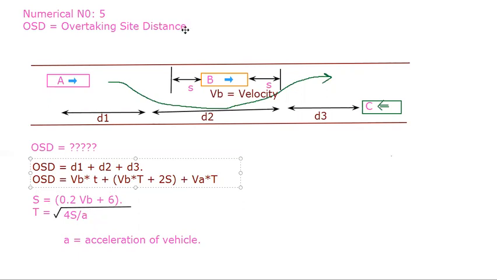Now, why have we taken VB here? Because initially, the velocity of vehicle A and the velocity of vehicle B will be the same at the initial phase. So that's why here we can write VA or VB. We have continued the VB on both sides. In both D1 and D2, we have the same value, that is VB.